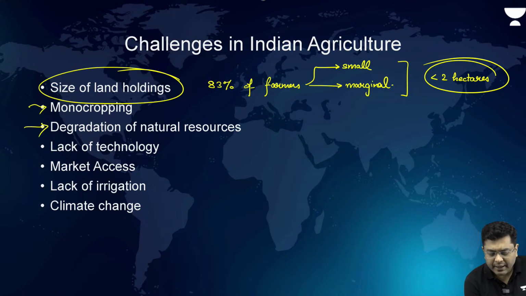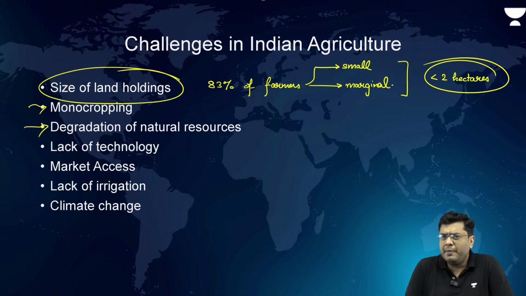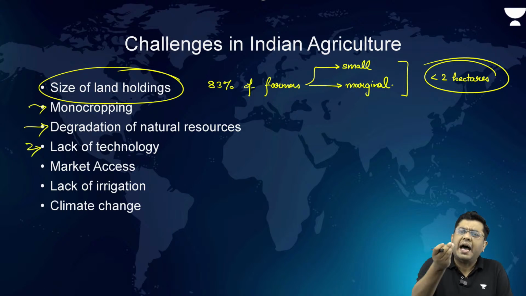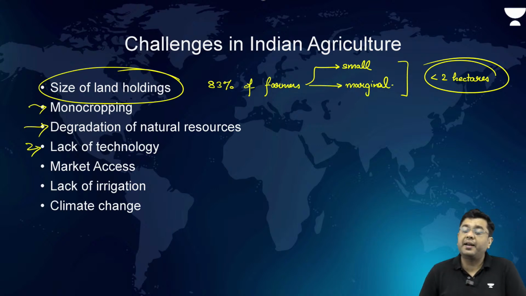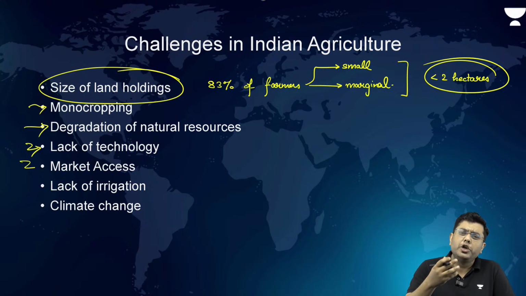Then you have lack of technology, deployment of technology, be it as simple as a tractor or a harvester, or, let's suppose for irrigational purposes, deployment of the sprinkler or the drip irrigation. All of that suffers primarily because the farmer doesn't have enough money to do so. Then market access is another problem in our agricultural system, due to which you have great deficiencies or